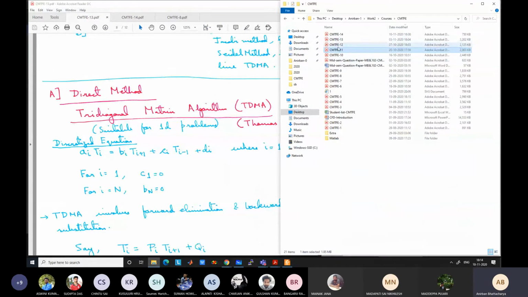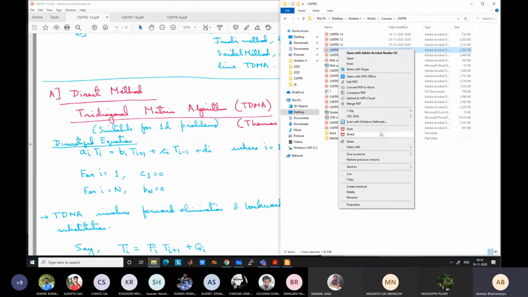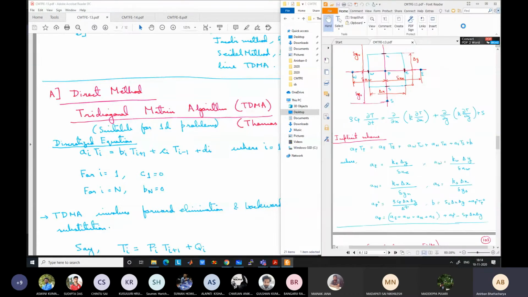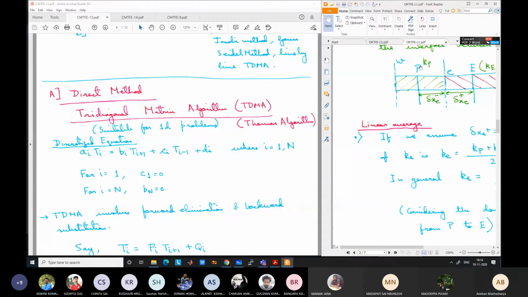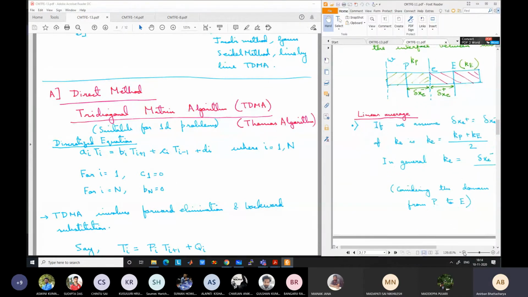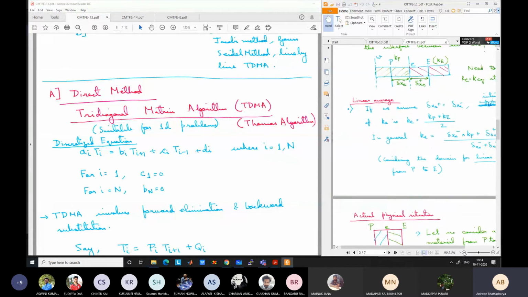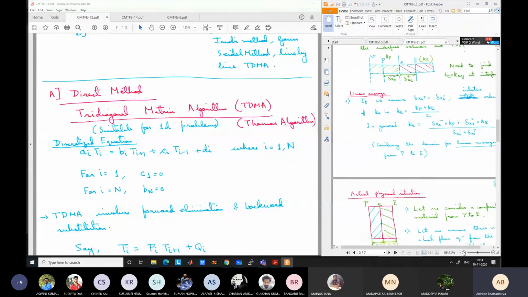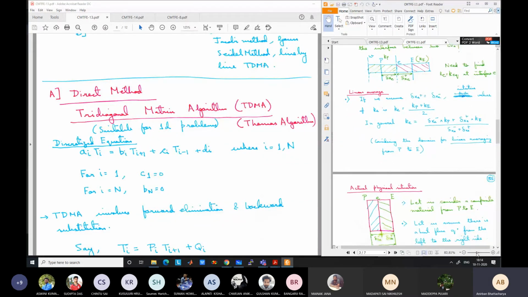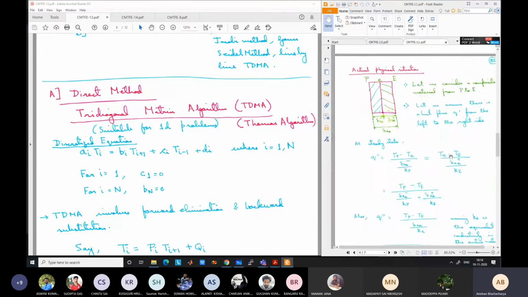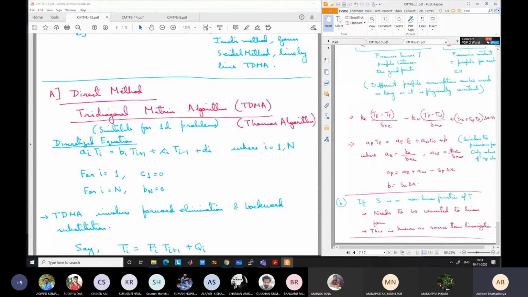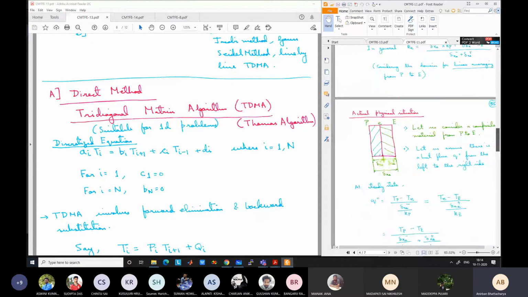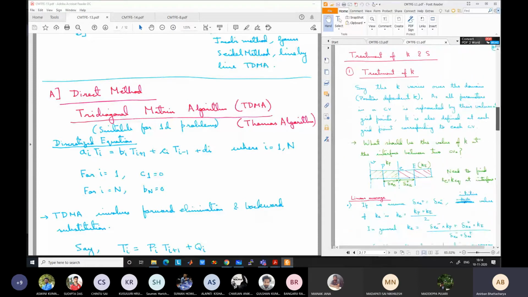Please ask me questions if you don't understand something. Okay, don't hesitate, because you will need this to implement. Let us keep the 1D problem open. Okay, so the diagram is there for the 1D. Oh, the 1D problem diagram is not there.